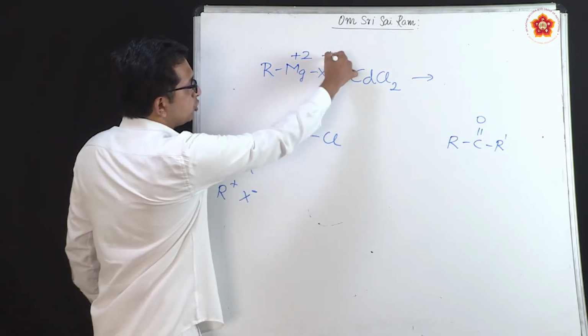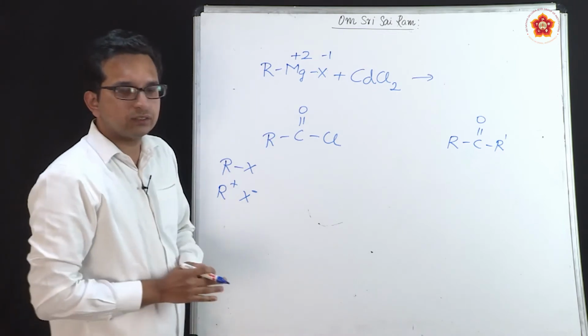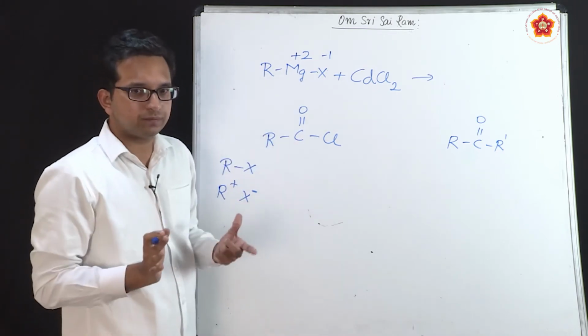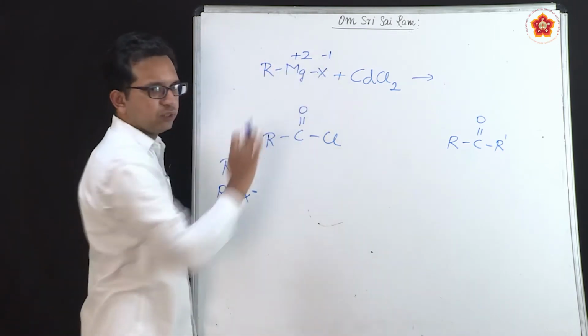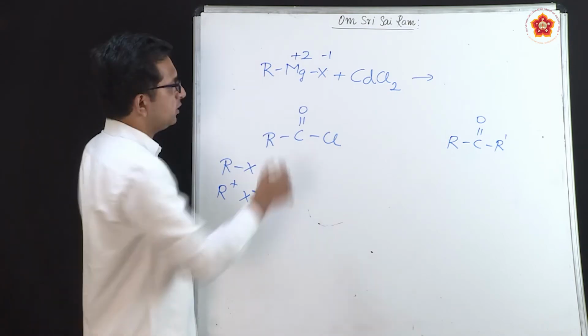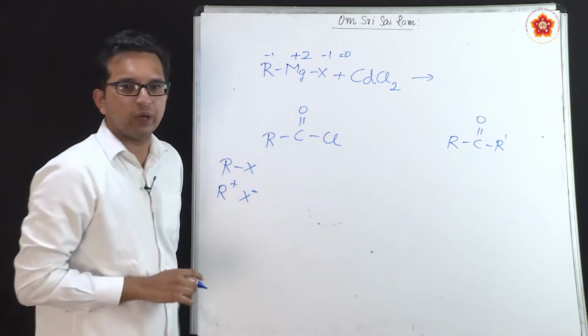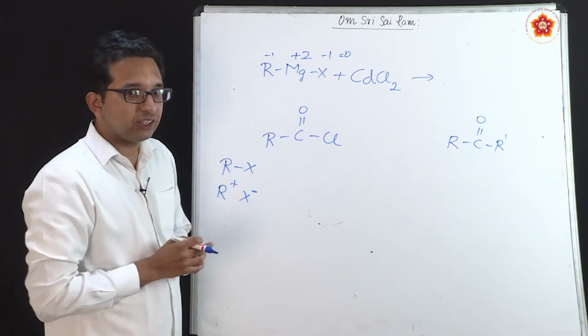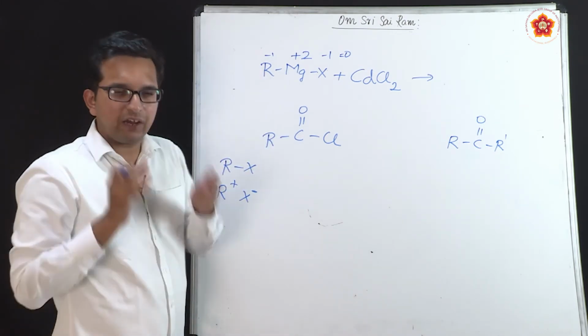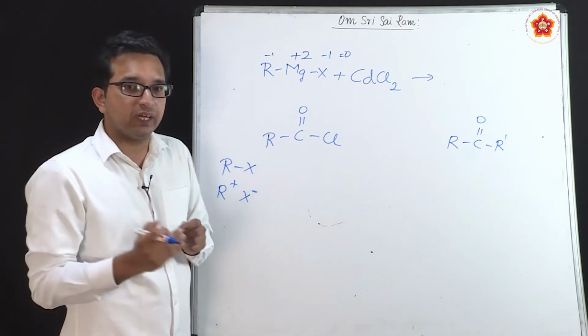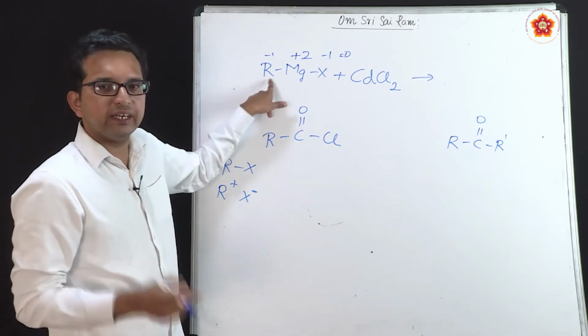X indicates halogen, so that will have a minus 1 charge, and if this has to be stable, plus 2 is there, minus 1 is there. If this has to be stable, the overall charge must be equal to 0, therefore this has to be minus 1. So, in such a condition, these Grignard reagents have a very specific property where they can help to generate